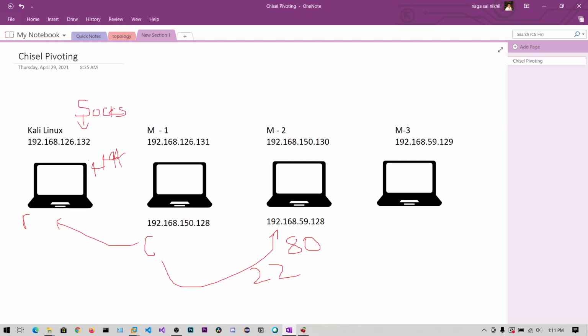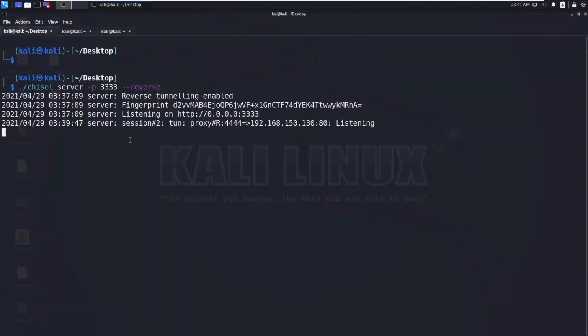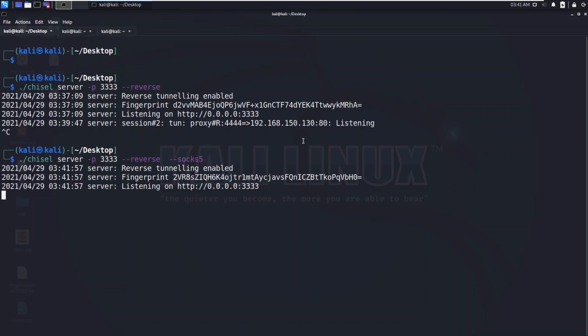This machine will act as a SOCKS client, and whatever we send from one port will be directed to this network using this proxy. I hope it's clear up to now. It's like a simple one port to one port forwarding, and what you need to do is socks 5 and hit enter.